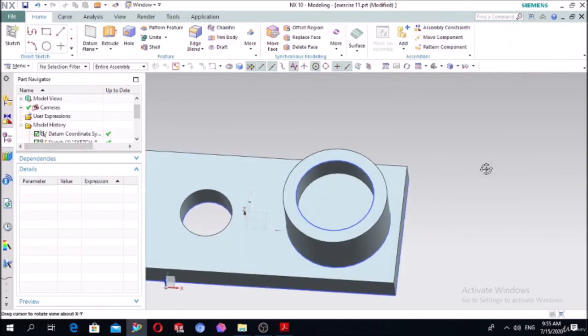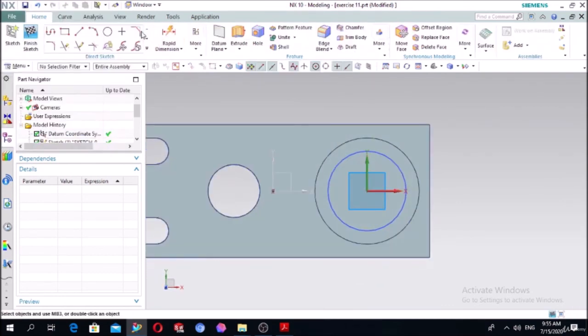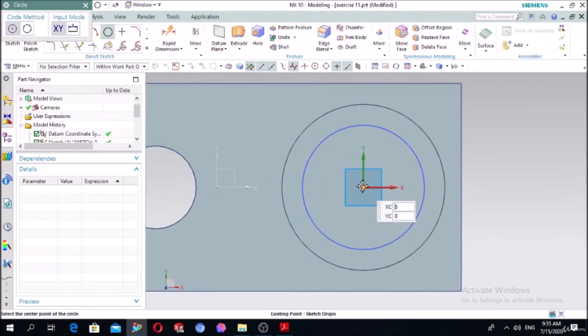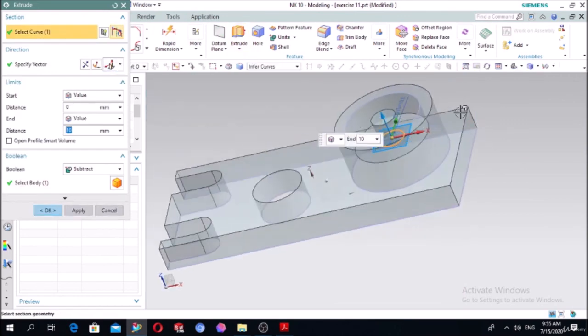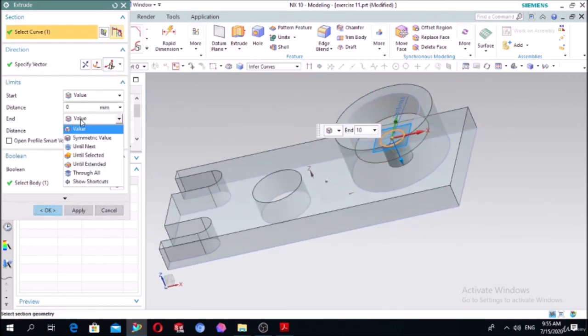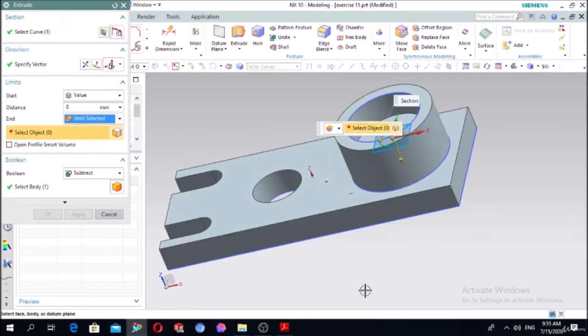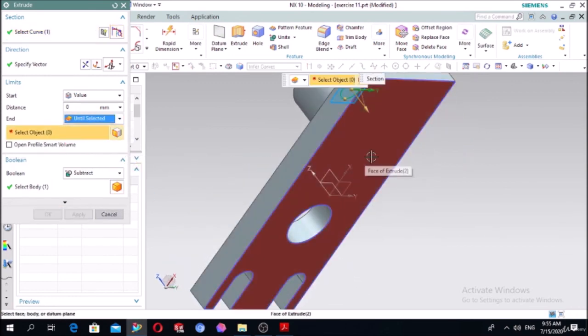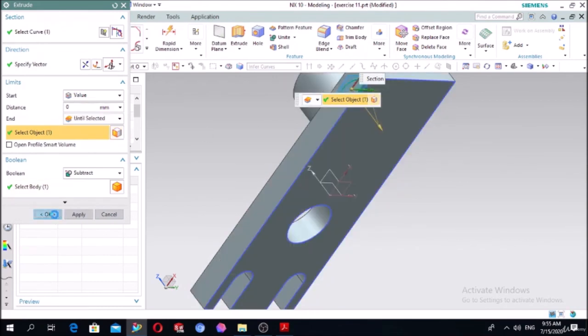Press OK. Select the sketch again. Select this face. Press OK. Draw again the circle with the diameter, in this case, 10 millimeter. Extrude it in reverse direction. In this case, we can use end value until the selected face, you see, and subtract. Okay,